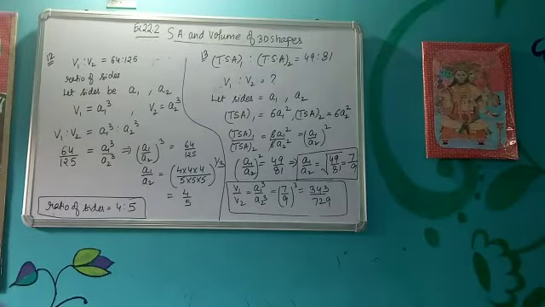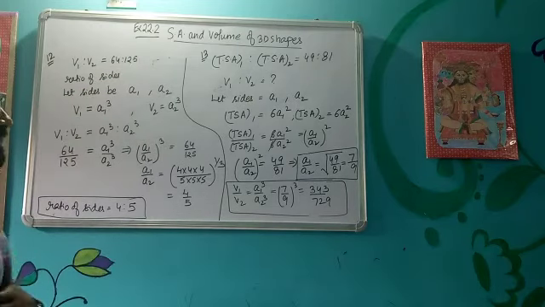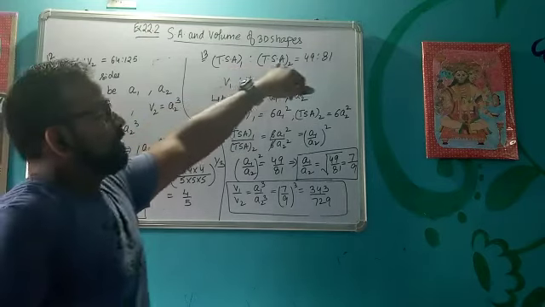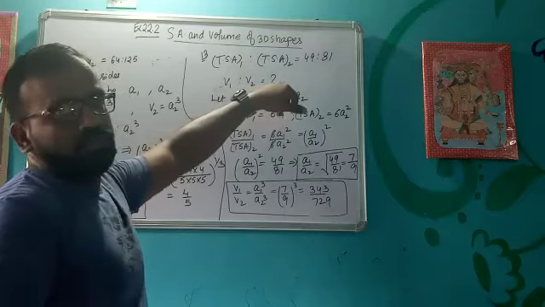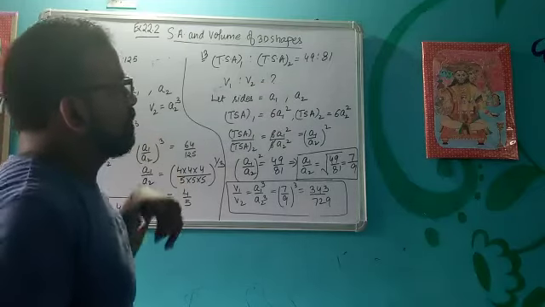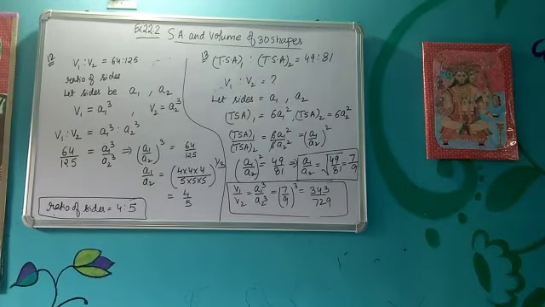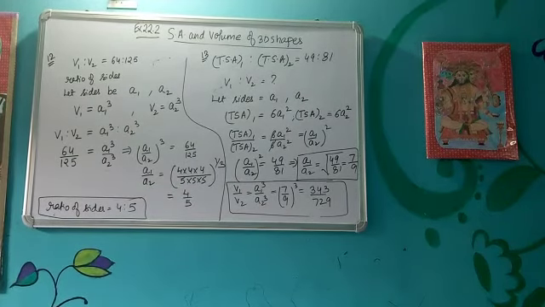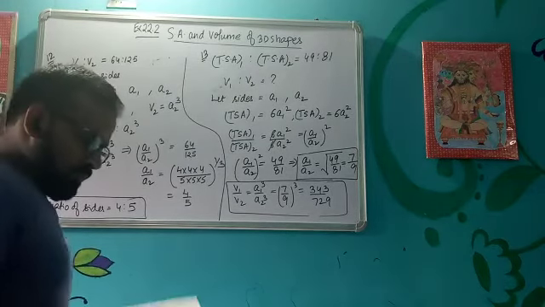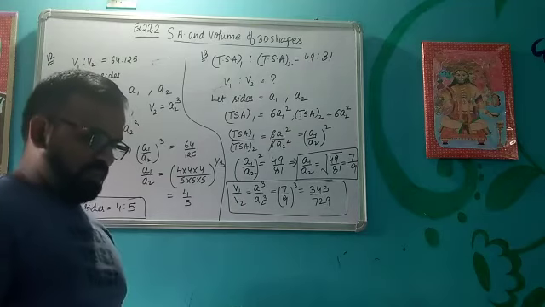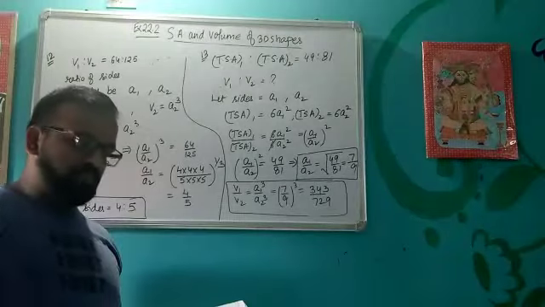Okay, so in the previous question, ratio of volume was given, so we had to calculate the ratio of the sides. In this, ratio of total surface area was given. With the help of this, we have to calculate the ratio of volumes of these two cubes. Okay, so this is it. In the next video, we will discuss the questions after question number 13.